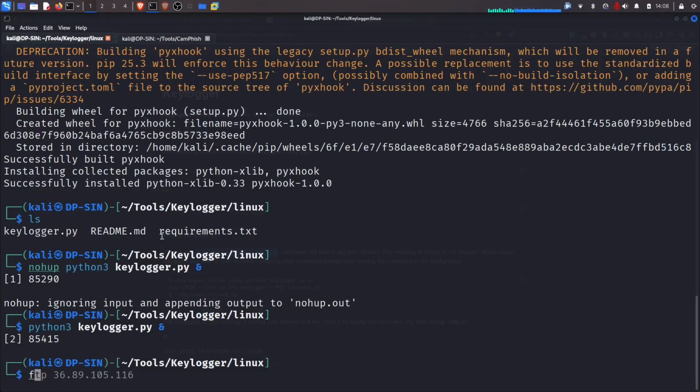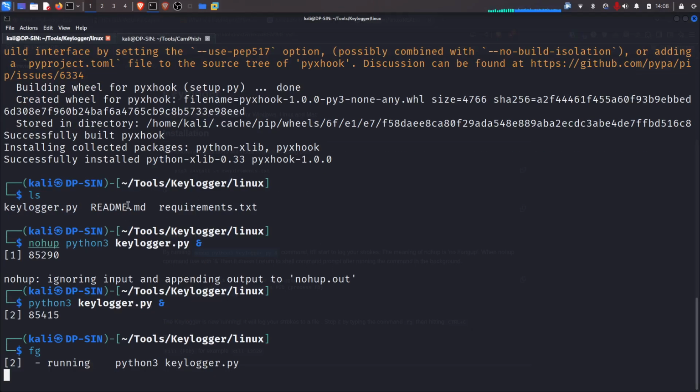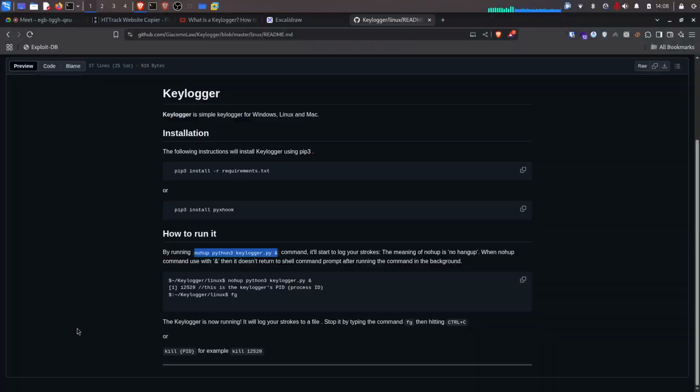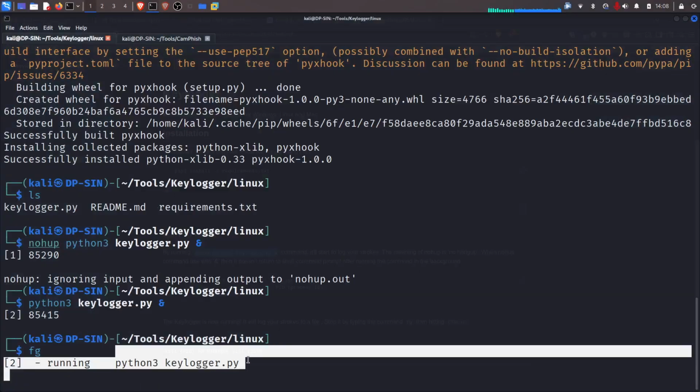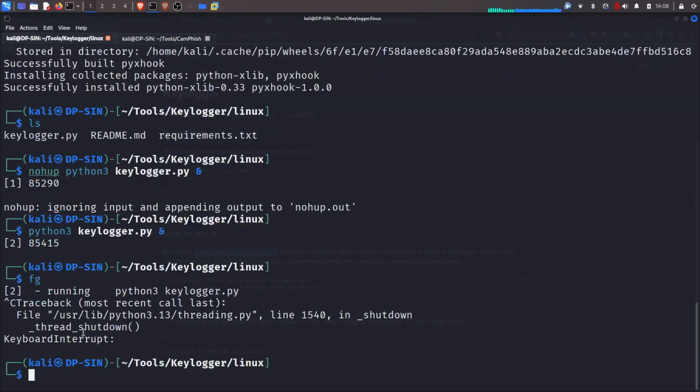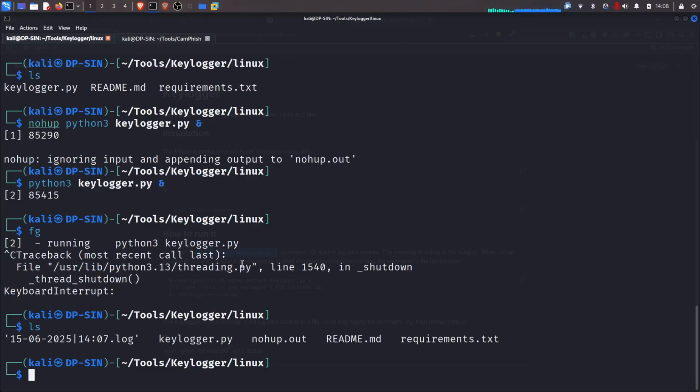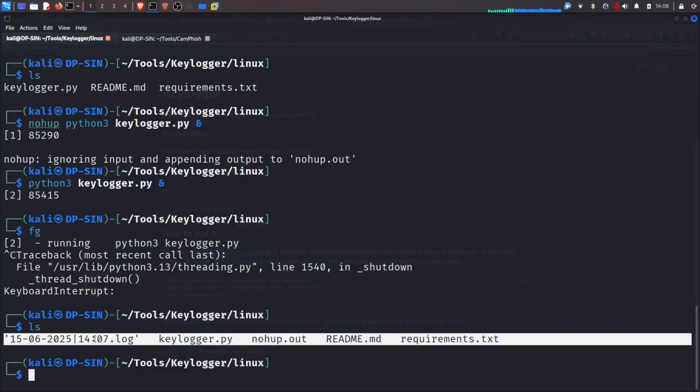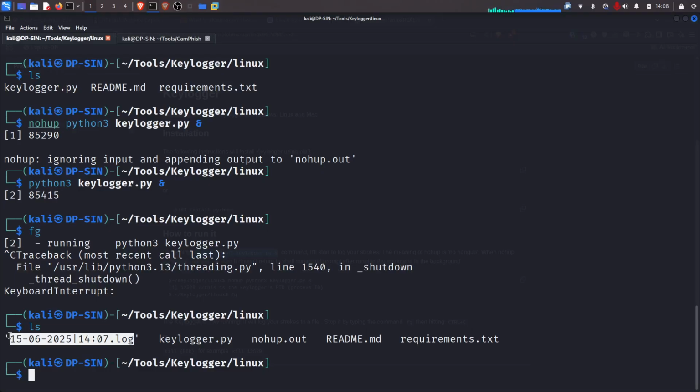नाउ टू स्टॉप दैट आई गेस आई हैव टू हिट एफजी एंड देन, देखो, कीलॉगर पाइथन 3 कीलॉगर py, आई जस्ट हैव टू कंट्रोल सी एंड शट डाउन, डन। नाउ लेट अस चेक कि फाइल्स कहाँ पे सेव हुई है। ओके, यहाँ पे देखो, ये एक लॉग बना है।